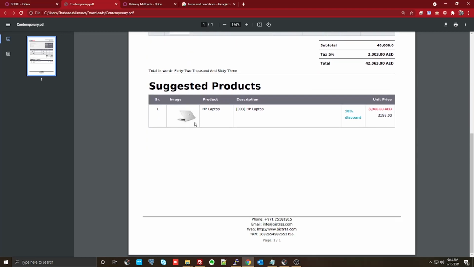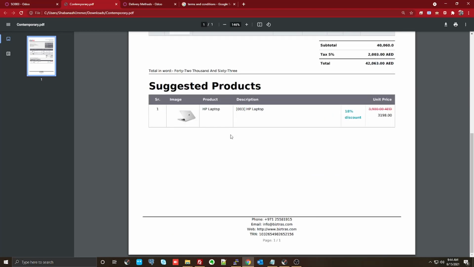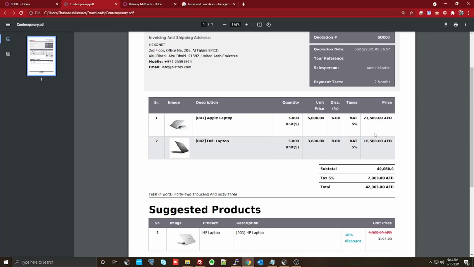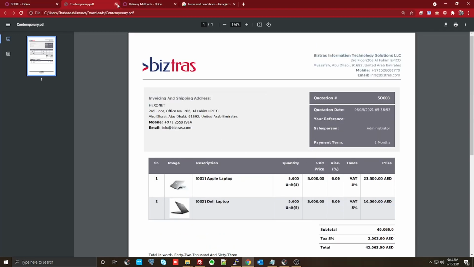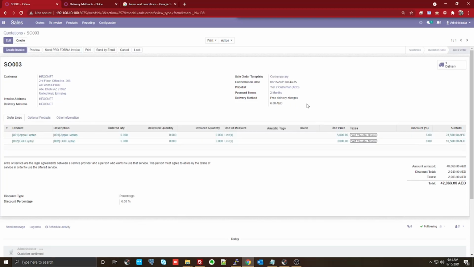Now you're also suggesting a second product at the bottom, so that if they really feel there is a requirement for that, you're showcasing it as a promotion inside your quotation itself. So this is going to make your quotation look similar to this one. If this is fine for you, all you need to do here is confirm it, start the shipment and continue with the process.